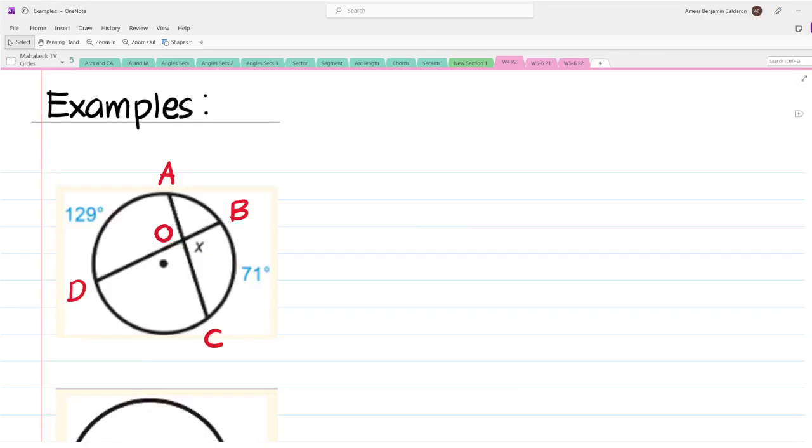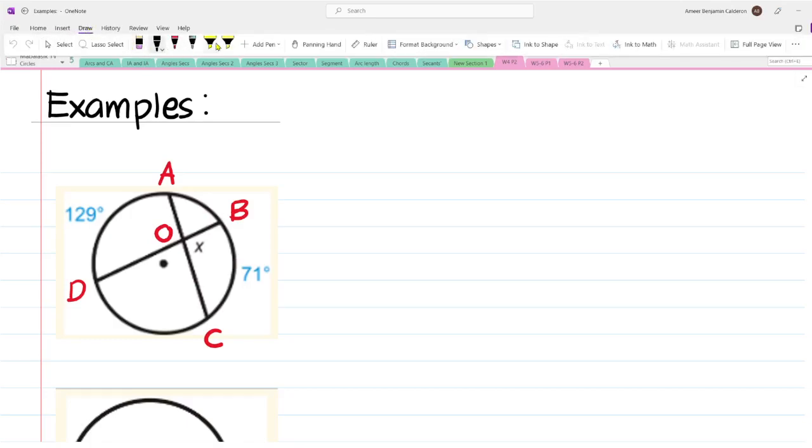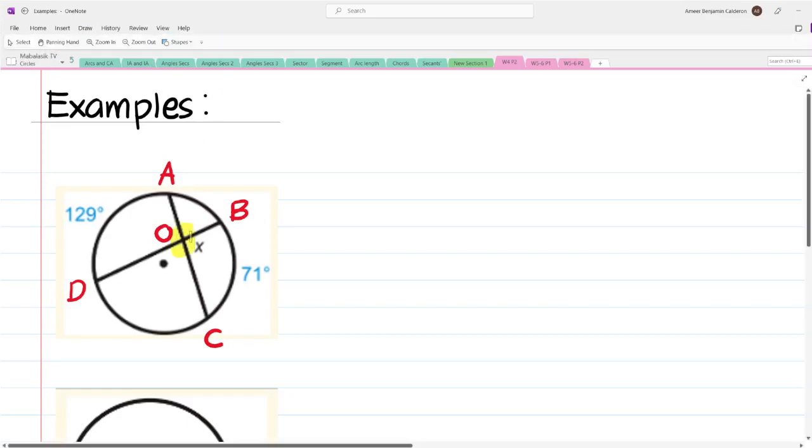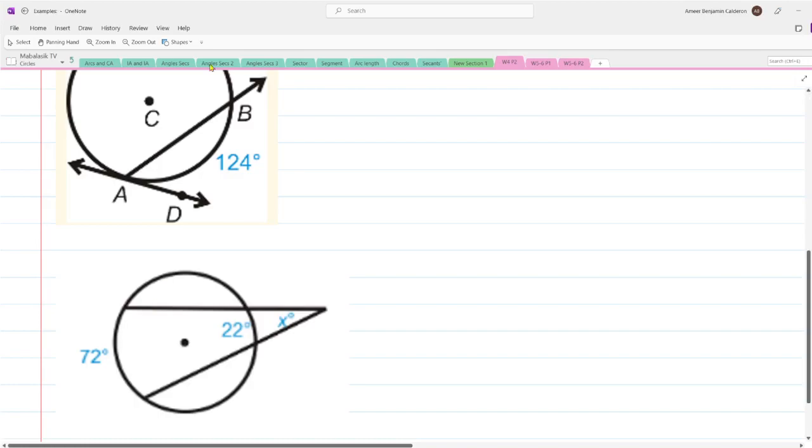So for example number 1, we have two intersecting chords. This can be two intersecting secants as well. The focus is where the point of intersection lies. And in our first example, the point of intersection is right here, which is clearly inside the circle. So therefore,